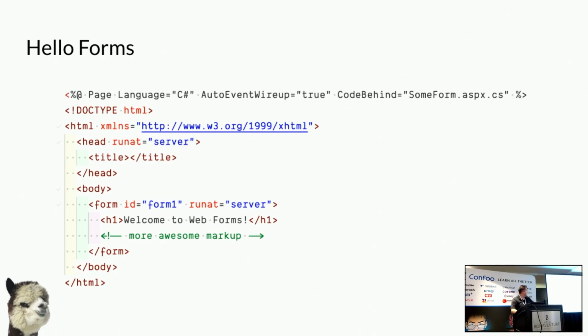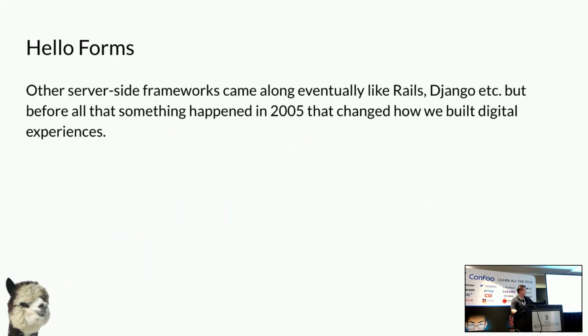This one is still C#, but there was even ASP before that, which was kind of like PHP. And anyways, other server-side frameworks came along, like Rails, Django, etc. But before all that,